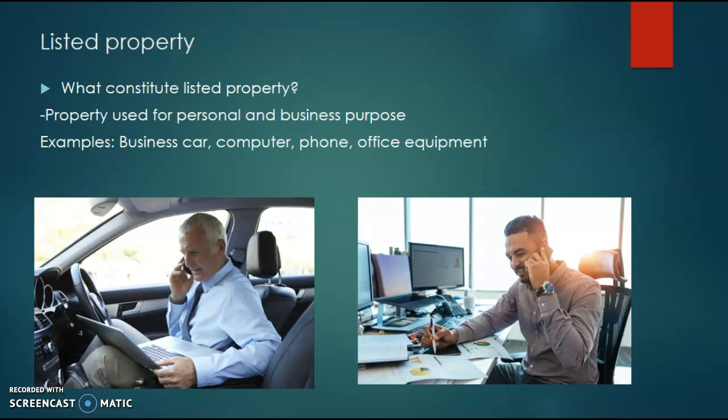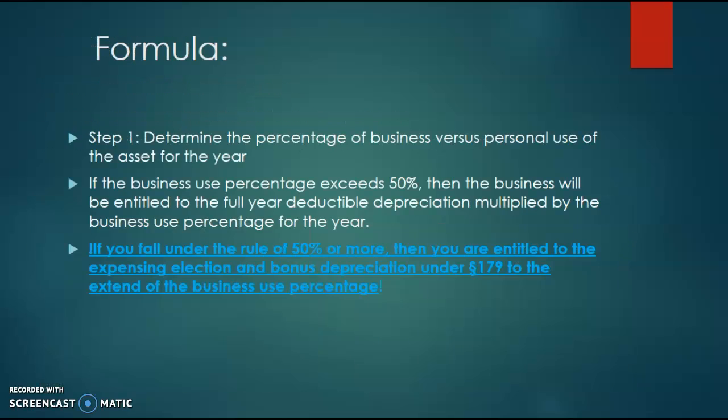What constitutes listed property? This is property that is used for personal and business purposes, such as a business car, computer, phone, office equipment. Everybody who has a business car uses it to go from home to office, and from office to meet with clients or just negotiate some contract. But sometimes we use it as personal as well. So what is the formula to